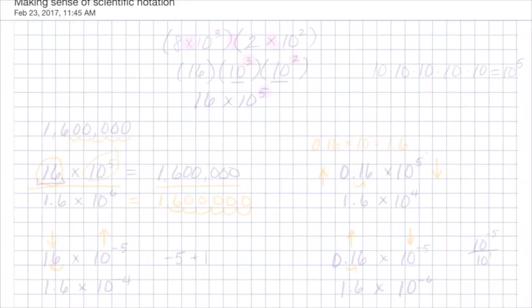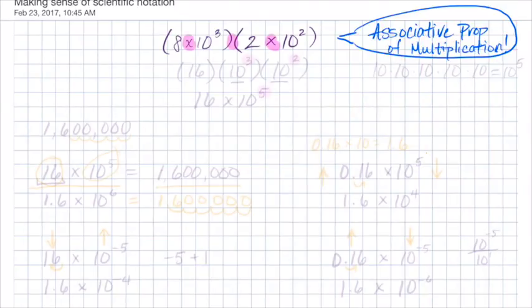Making sense of scientific notation in algebra. For the sake of this demonstration, let's use very small exponents. No scientist would ever write 200 as 2 times 10 to the second power, but it'll make this demonstration easier. What we've learned is that when the problem involves all multiplication, we can move each of the components around to